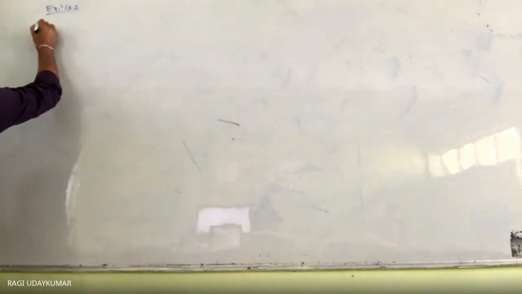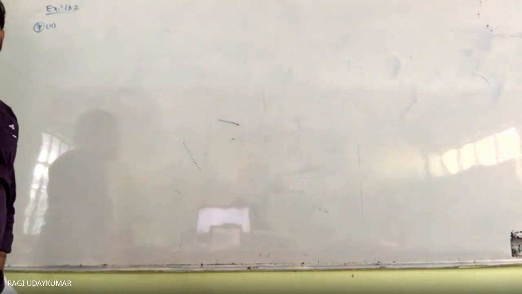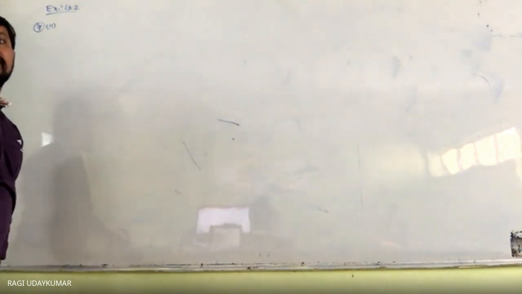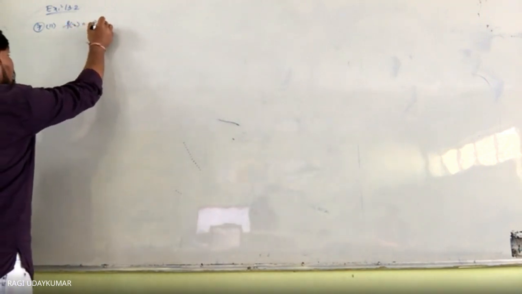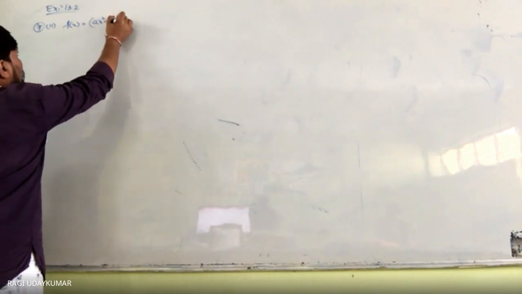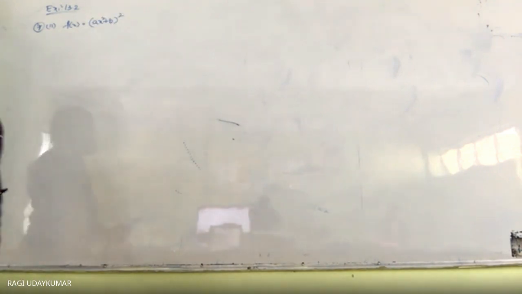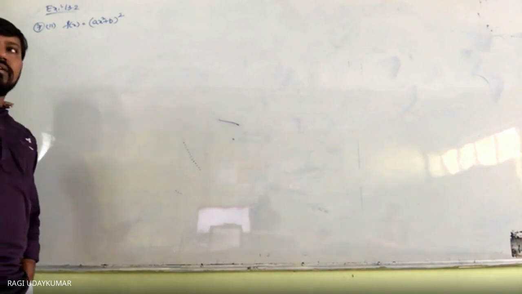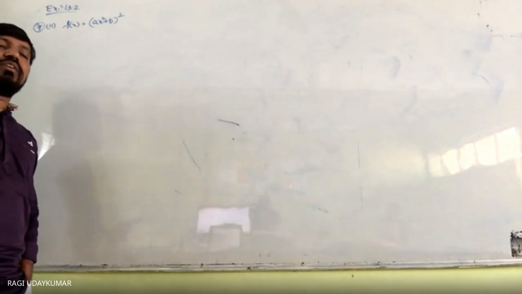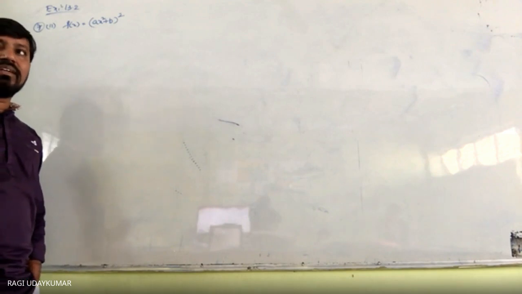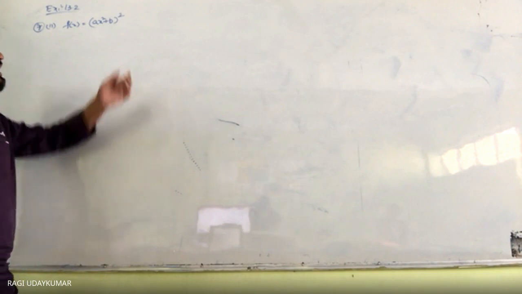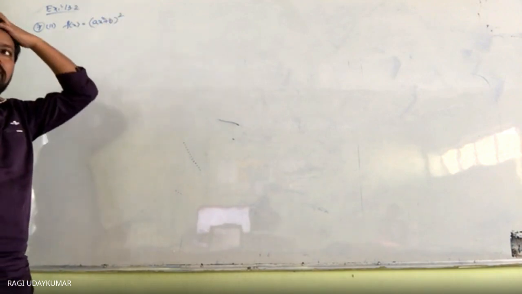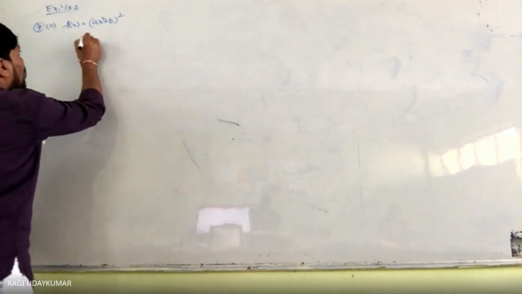Even the second one, you may get confused. What is the question given here? ax square plus b whole square. You need to find the derivative of f of x is equal to ax square plus b whole square. This derivative can be found by the substitution method, but you will learn the substitution method in your higher class, 12th class. Here, without using it, you can write it as a product of two functions.